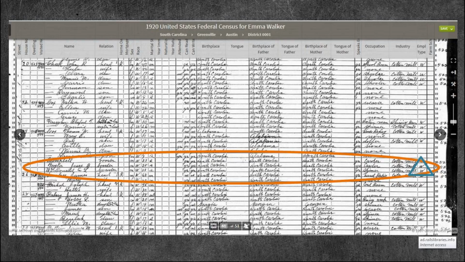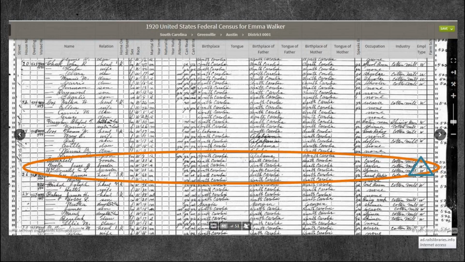So it tells me he's a boarder, he's 23 years old. What's interesting about it is because he's a boarder, he's listed as being born in South Carolina, because the head of the rental unit in which he was living didn't know that he wasn't a native. So it took us a while to find this record because it should have said that he was born in the state of Illinois. And here it doesn't. It just says that everybody in that rental unit is born and raised in South Carolina.